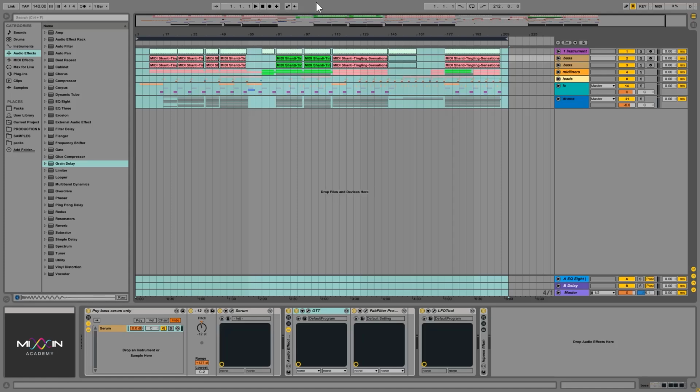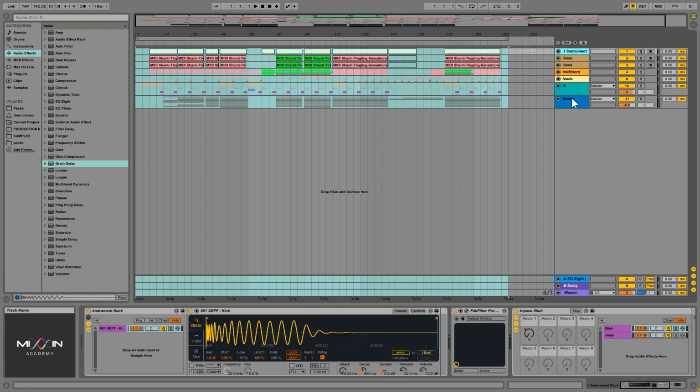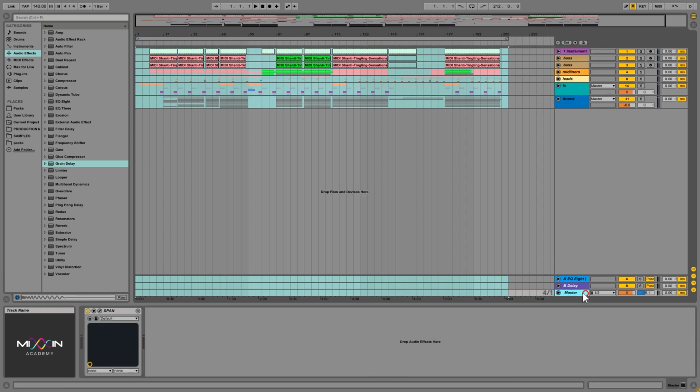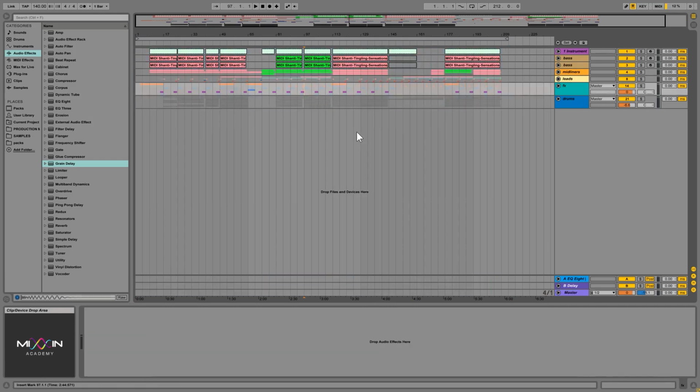Gain staging is very important, and the most important fact I can think of is, first of all, we don't want our channels, our entire project, once mixed together, going into the master track, we don't want them to clip. So we want everything settled in such a way that once I play this entire track, even on its maximum peak levels where I have the most elements playing together like this,